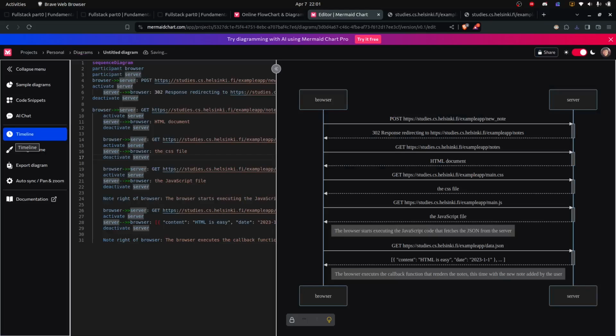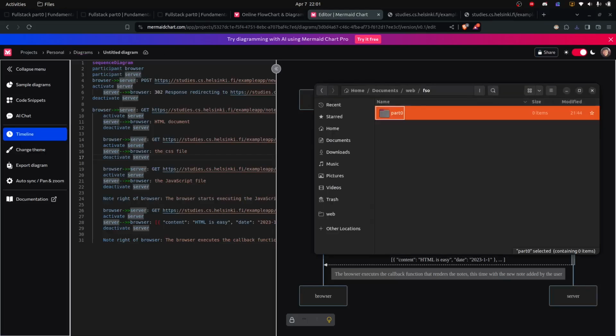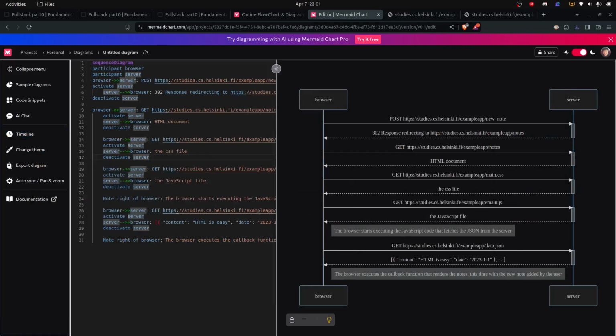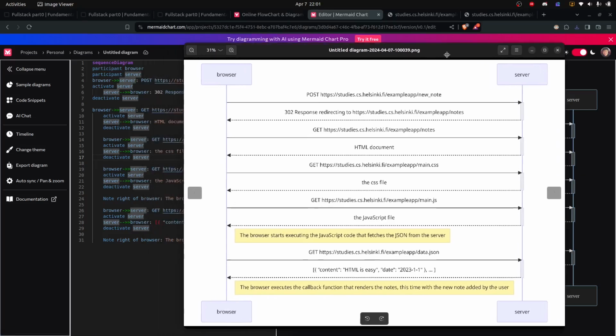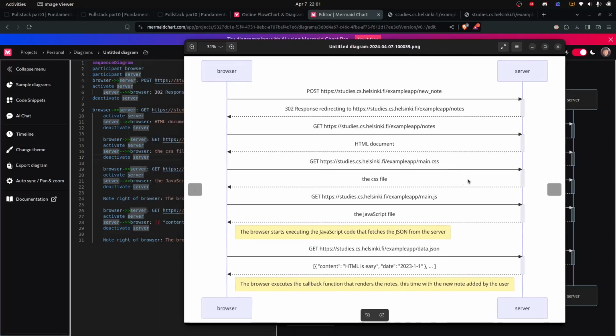Let me just open up the, so this is what the exported image looks like. I think this looks pretty good, so we can just save this as